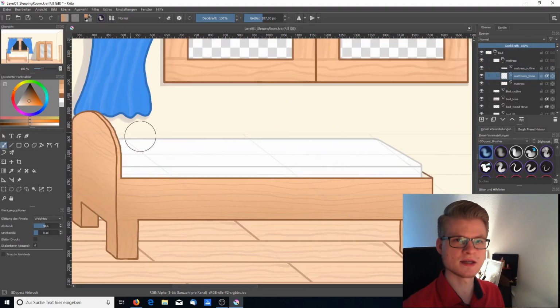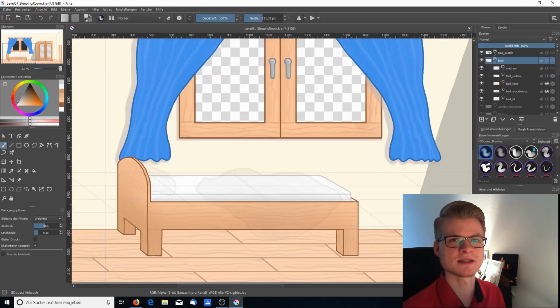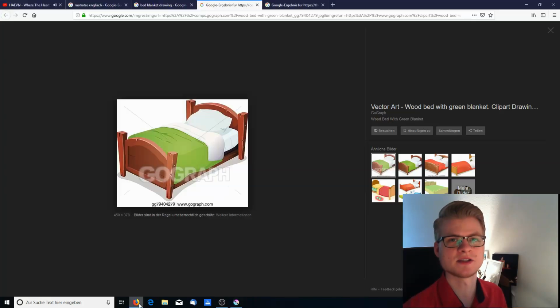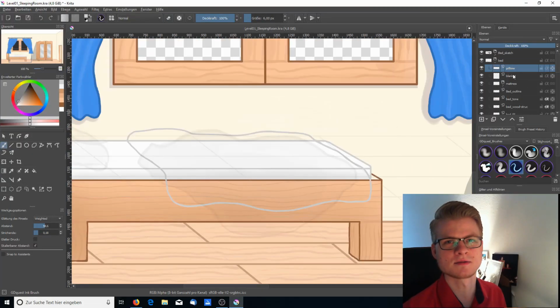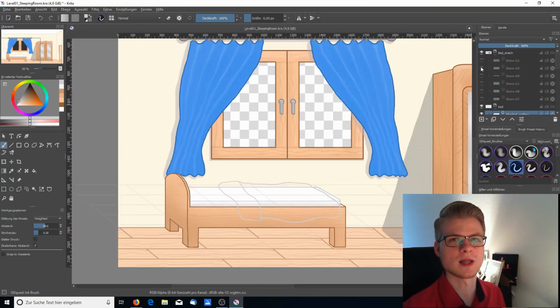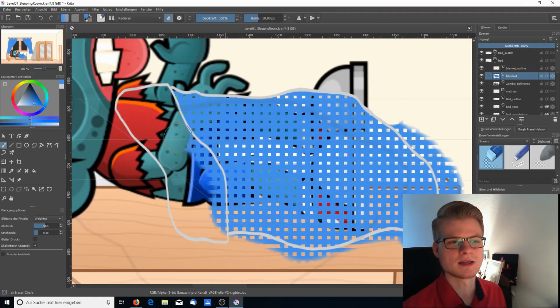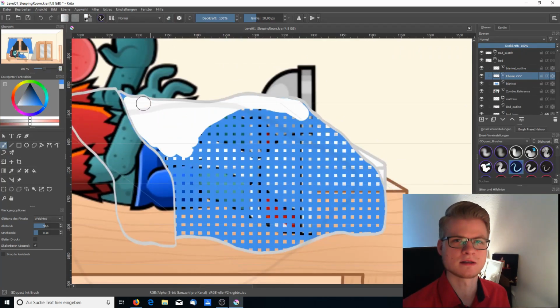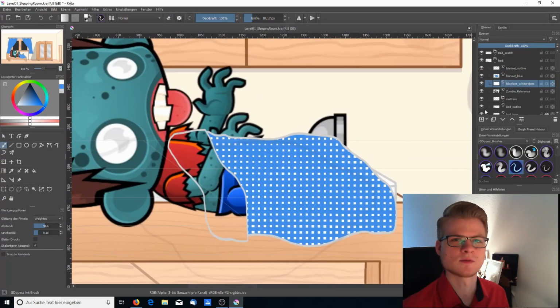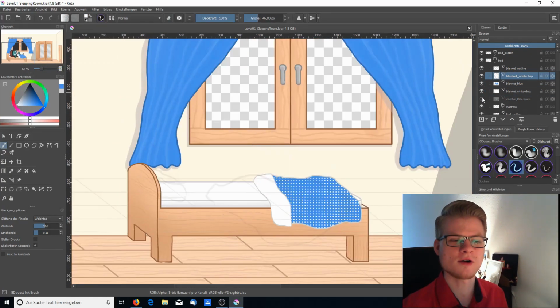And you can see here I'm also doing the blanket. I'm doing some white dots on the blanket, and I was choosing the same color for the blanket as for the curtain in order to make it a fitting look. And when I was designing the form of the curtain,